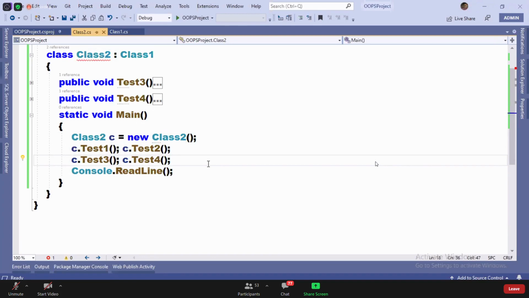Class 2 constructor is not there now, because we have an implicit constructor. And class 2 constructor will internally call the parent class constructor, which is class 1. Did you catch my point, guys? When you create the instance of class 2, the instance will first call class 2's constructor, and class 2 constructor will now go and call the class 1 constructor.